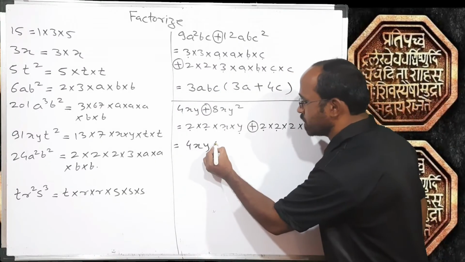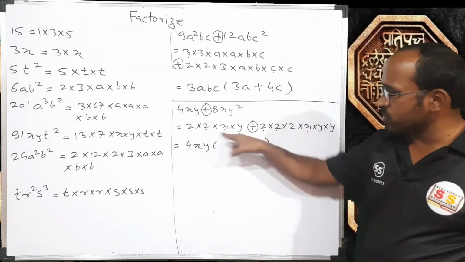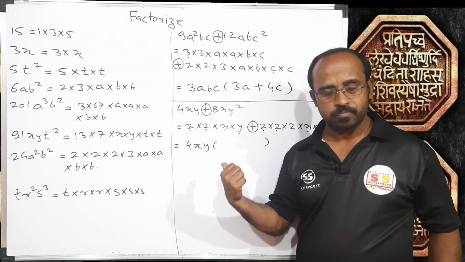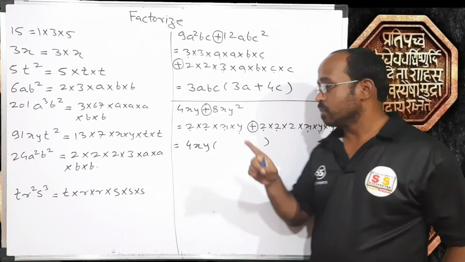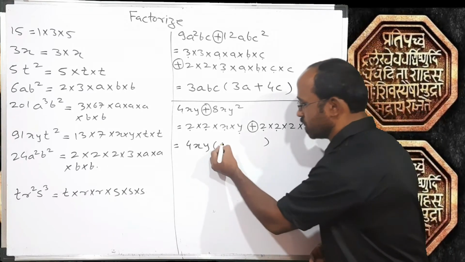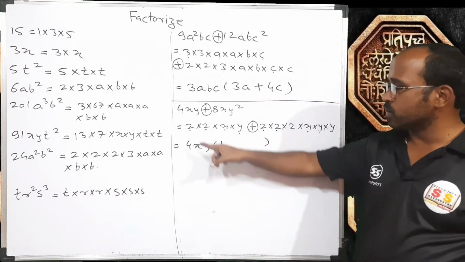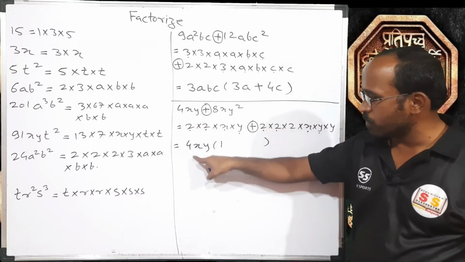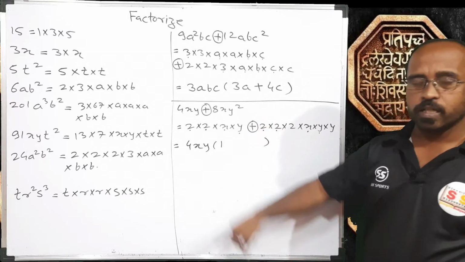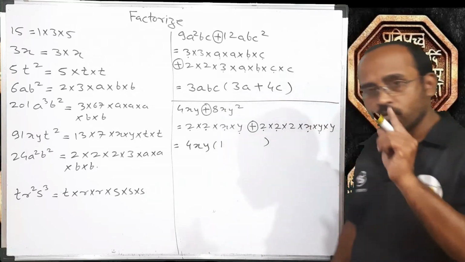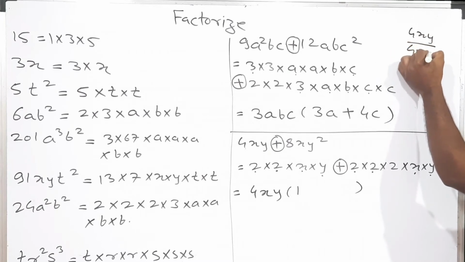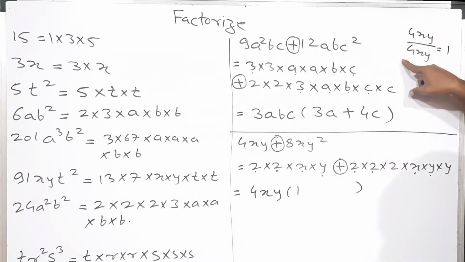Now whatever is remained, we have to write in the bracket. In the first term, 4xy we have taken as common, so what is remained? Nothing is remained, means no variable is remained. So only the coefficient is remained, which is hidden. That coefficient is nothing but 1. Why? Because if we divide 4xy by 4xy, 1 will be the answer, right? So here 1 remained. Whenever nothing is remained while taking common, 1 is there. Same number divided by itself gives 1.